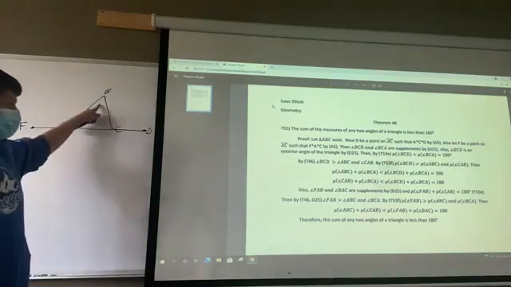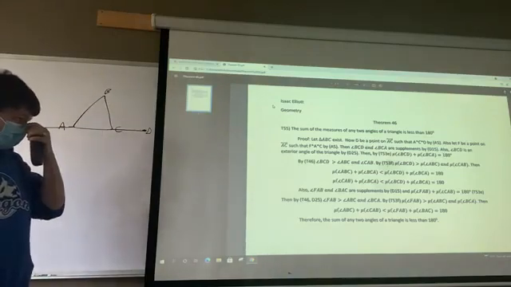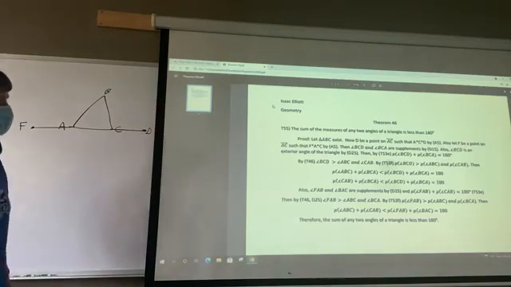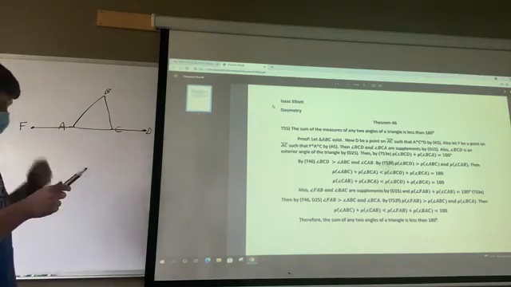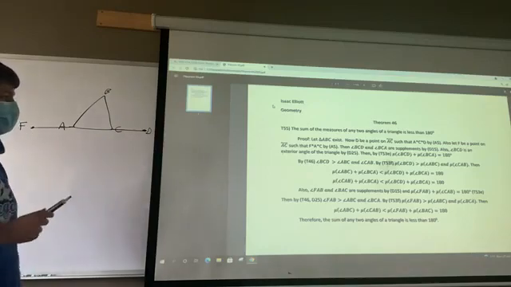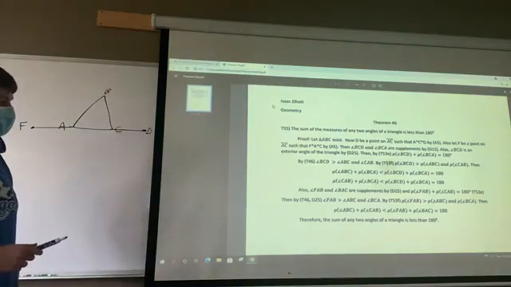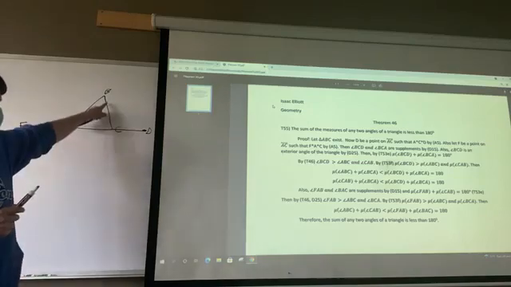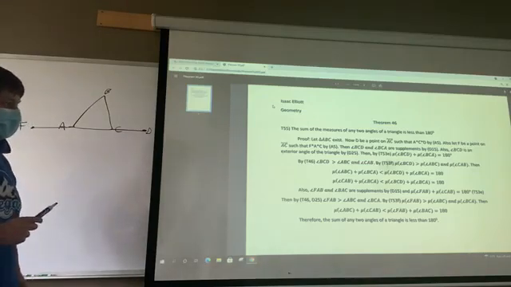Then angle BCD and BCA are supplements by D15. And also BCD is the external angle of the triangle by D25. Then by T53E, the measurement of supplement angles equals 180 degrees. So these bad boys add up to 180. And then by T46, we know that the angle BCD is greater than the angle ABC, and that is the external angle is greater than any of the opposite interior angles. And then by T53F,